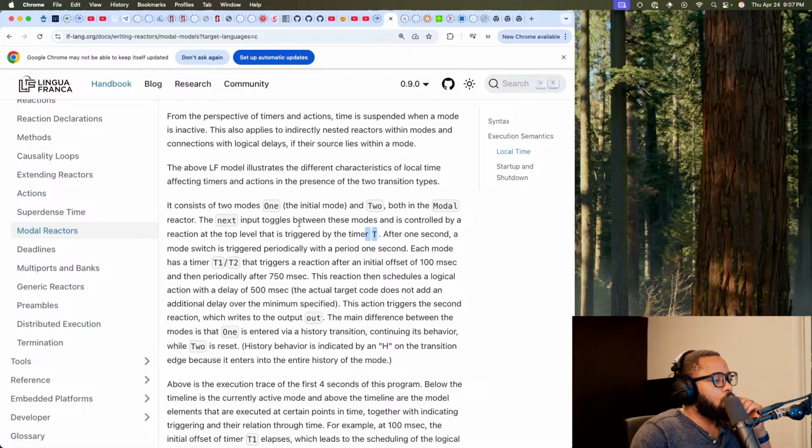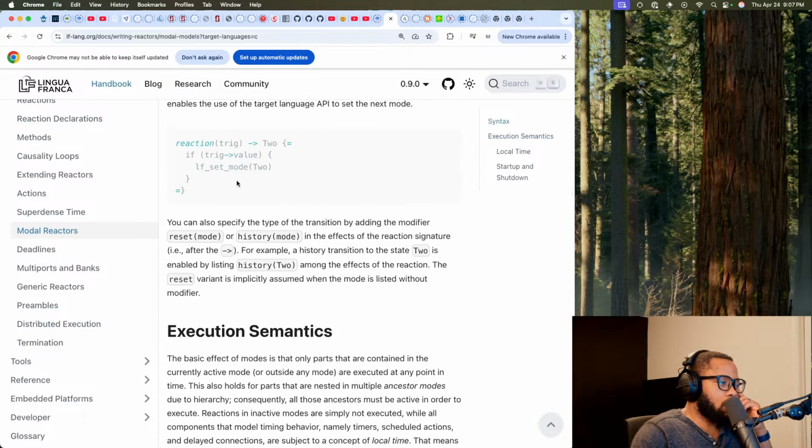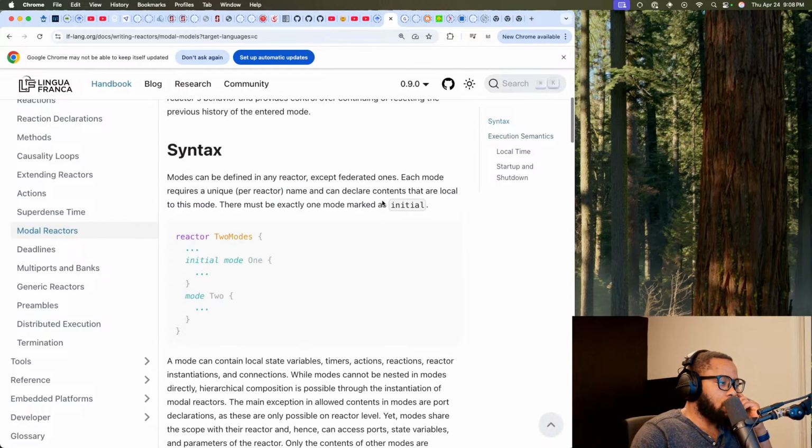The next input toggles between these modes and is controlled by a reaction at the top level that is triggered by the timer T. Oh wait, is that this here? Yeah, I think it might be this.